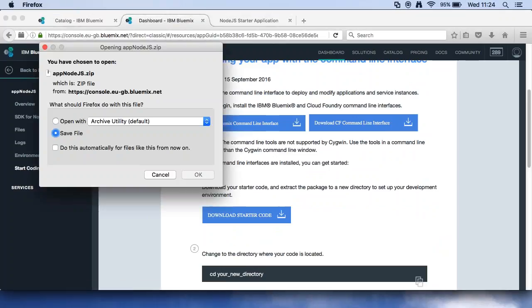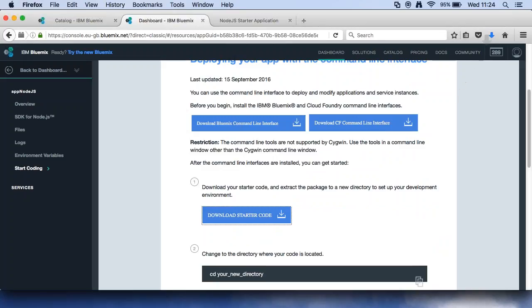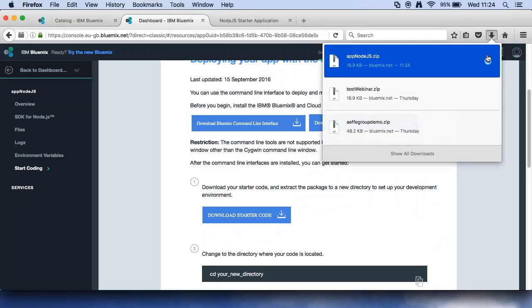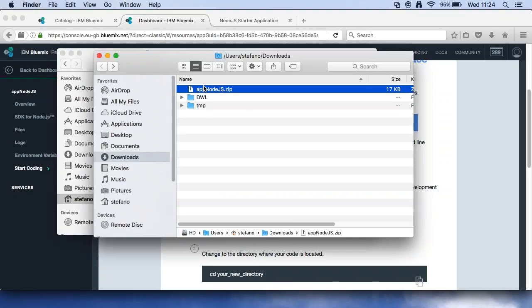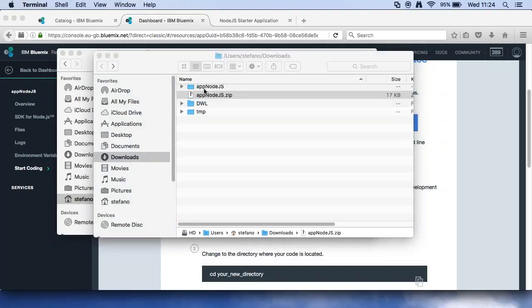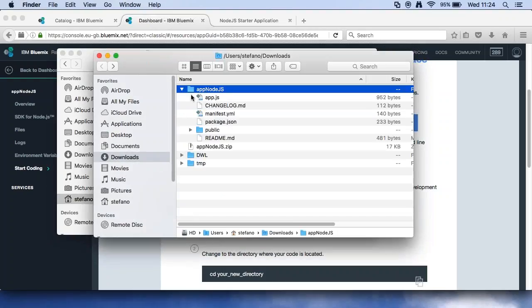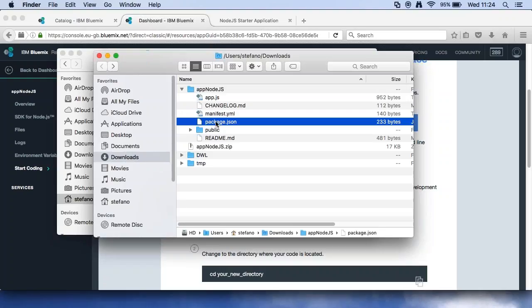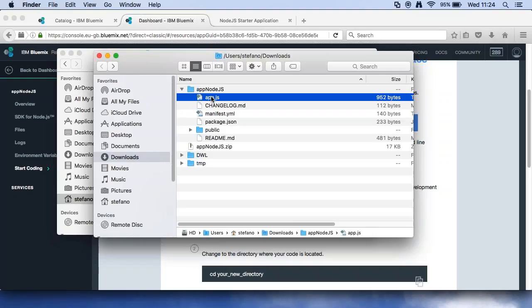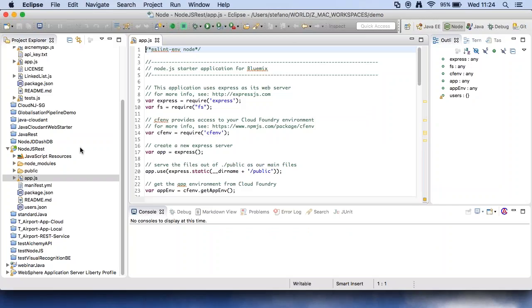First of all, you have to download the starter code, and that one is a typical Node.js app starter code. That one is the hierarchy of a Node.js project that uses the package.json and will start the app.js. This is the heart, the starting point of my app. You can import it on Eclipse, for instance. That's what I've already done here,